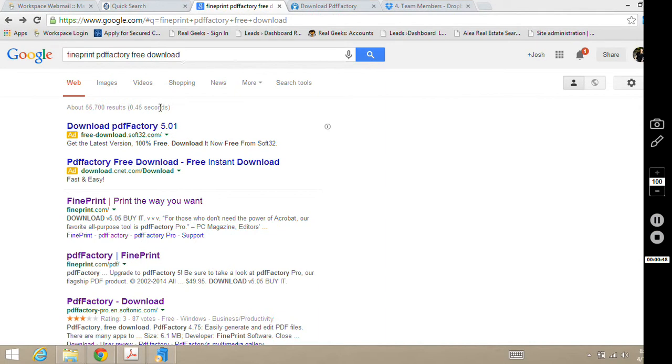So the first thing that I would suggest is go to google.com and in the address put Find Print PDF Factory free download. Click search, and the one that I've used is this one here, PDF Factory Pro in Softonic. I'm sure there's others. PDF Factory for me is the easiest one to use that I found. So once you do that,